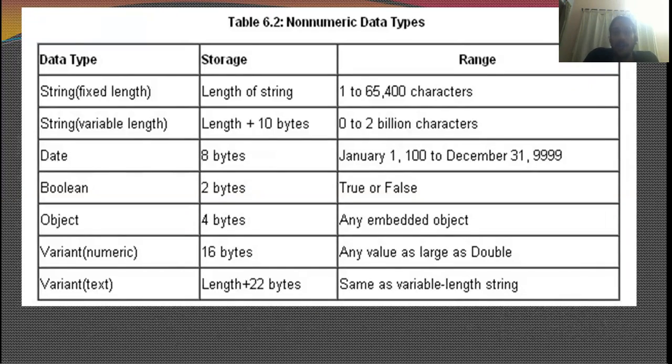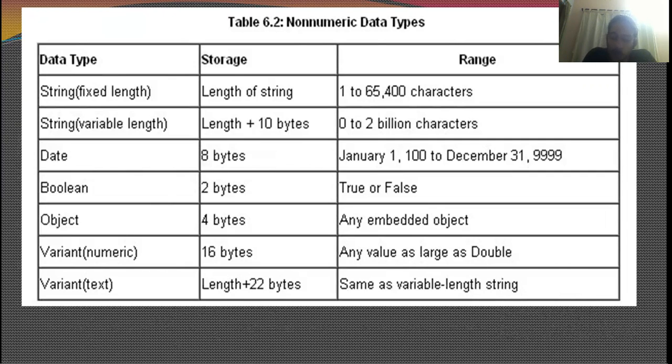Okay, now when you talk of SAP, you would be having a lot of data that is stored, and the variants of data are something like these. You have strings that can be stored, you have dates, you have Boolean values that can be entered, objects can be handled, numeric, texts, alphanumeric. You have a wide range of numeric and non-numeric data types that can be worked upon. On this chart in specific, it's a non-numeric data type variant.